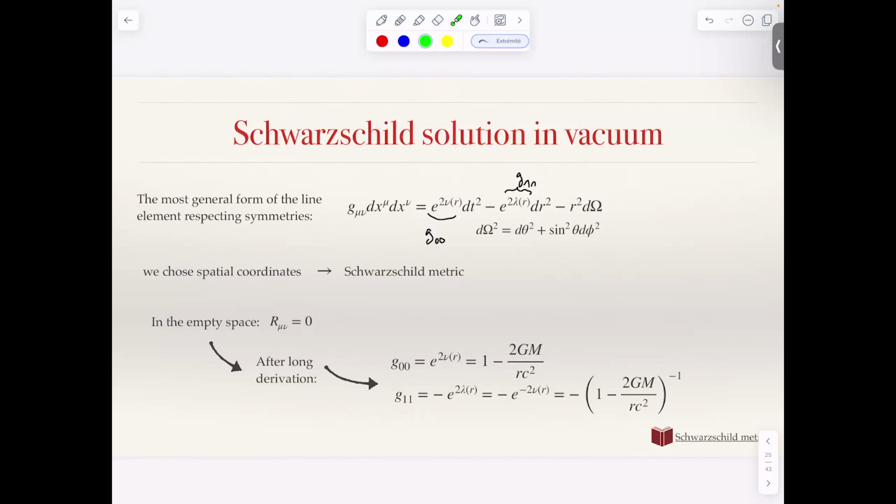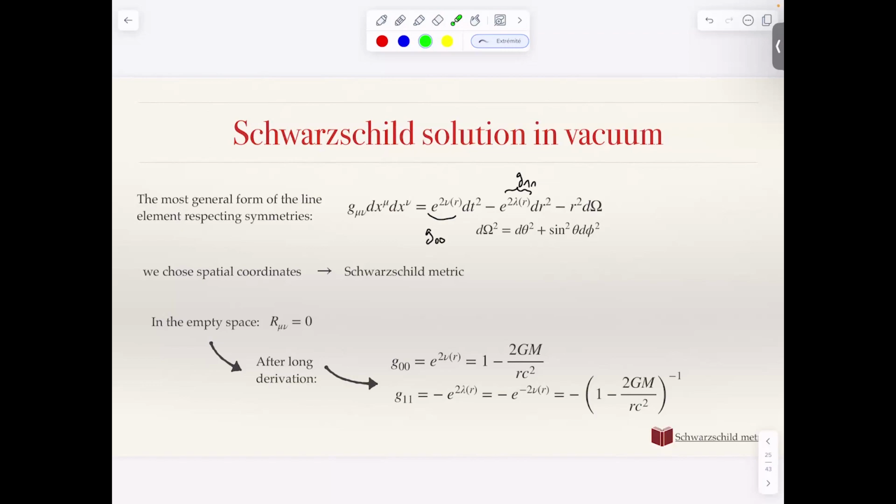This is, for instance, the metric that you would use if you are outside of a star, and you want to describe the space not in the volume of a star, but in the external part of the star. As soon as you enter into the star,